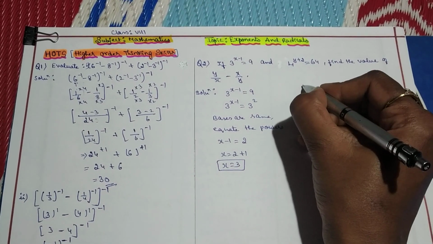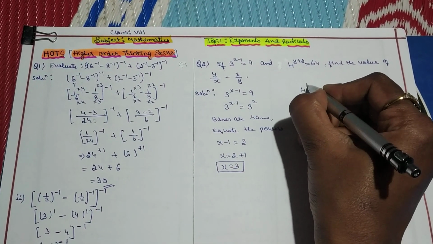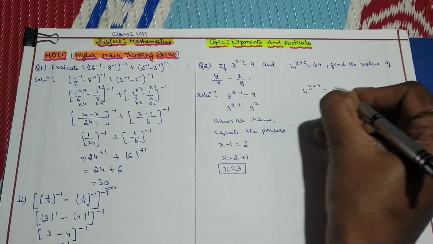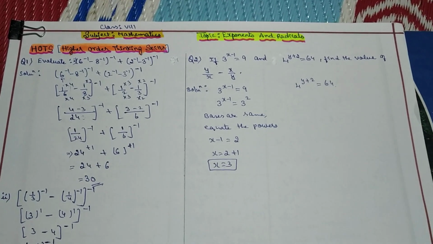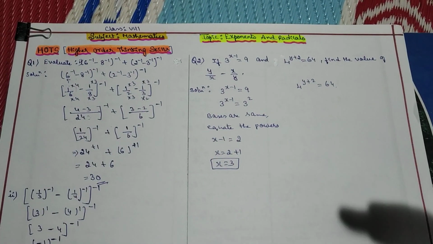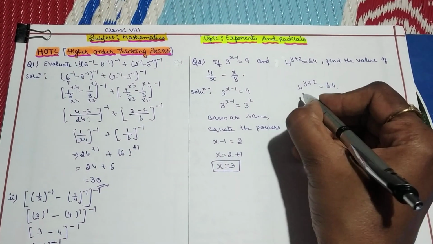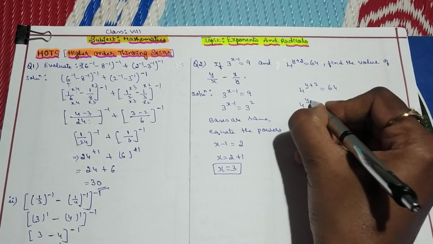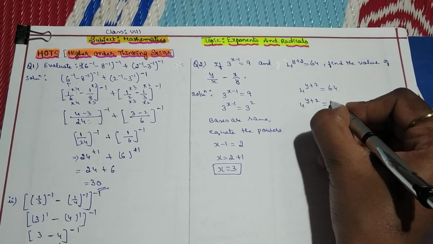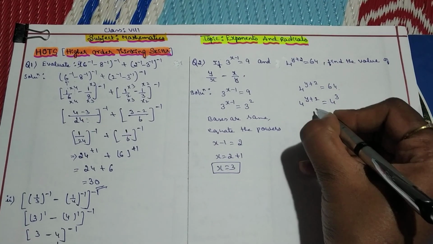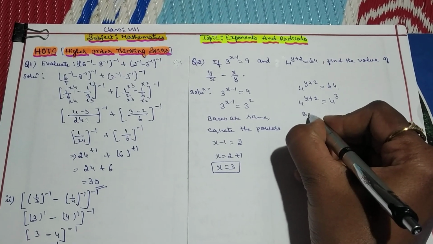Consider the second equation now. 4 to the power of y plus 2 equals 64. So 64, can I express this 64 with the base 4? Yes, because we know that 64 is a perfect cube of 4. So 64, I'll write it as 4 cube. Now again, bases are same,